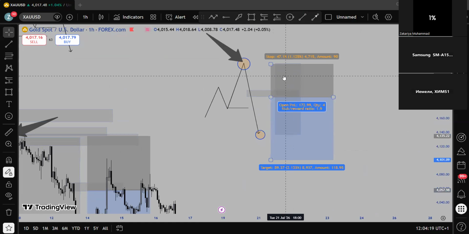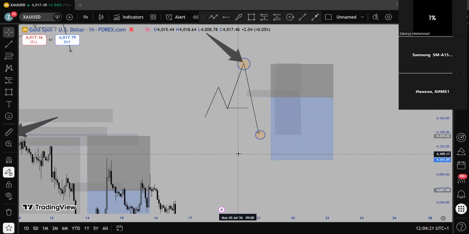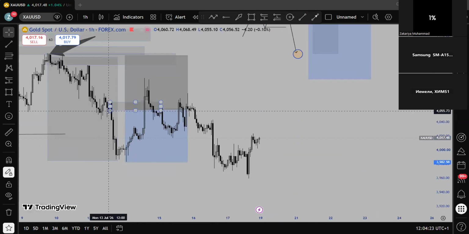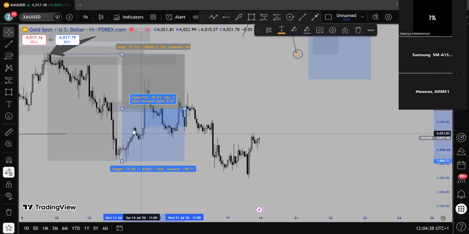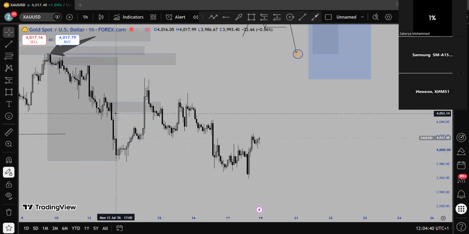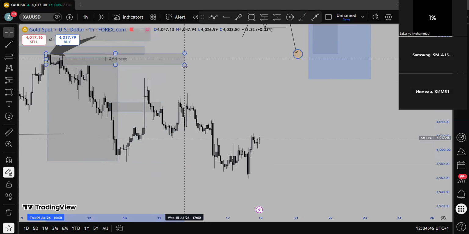That means we have to look for premium zones and then discount zones. If I sell from here, it's 50%. It's still what? Discount. For me to sell the market at this zone is very risky because it's very discount. It's very cheap. Price is cheaper at this zone. And even if you look at that zone, there's no liquidity to be taken out. Why would I be looking for sells at these zones? Because I have this big range to sell the market from.